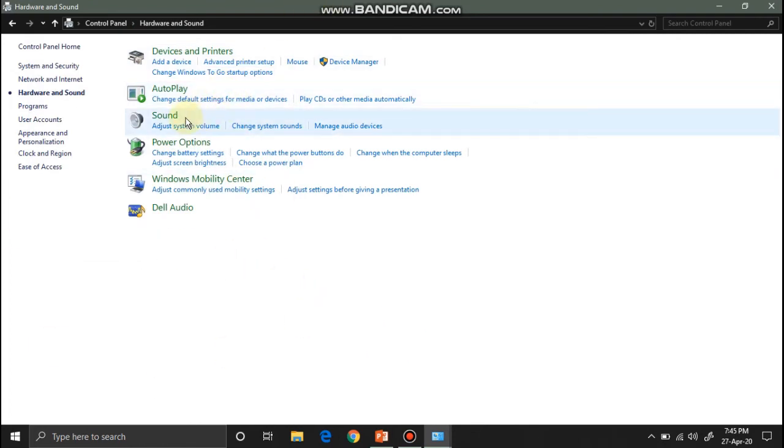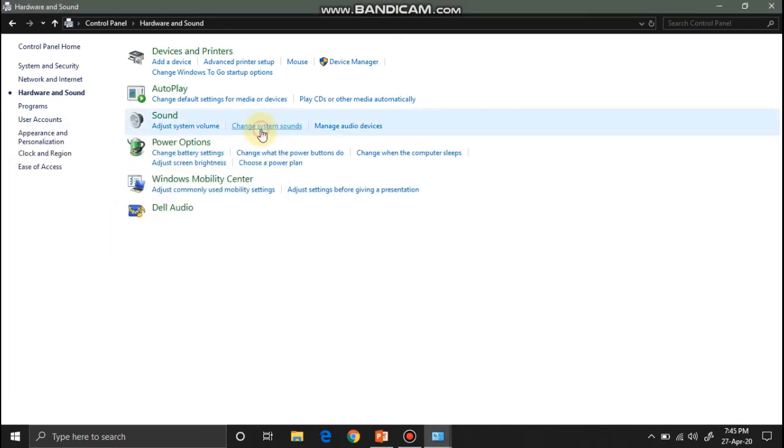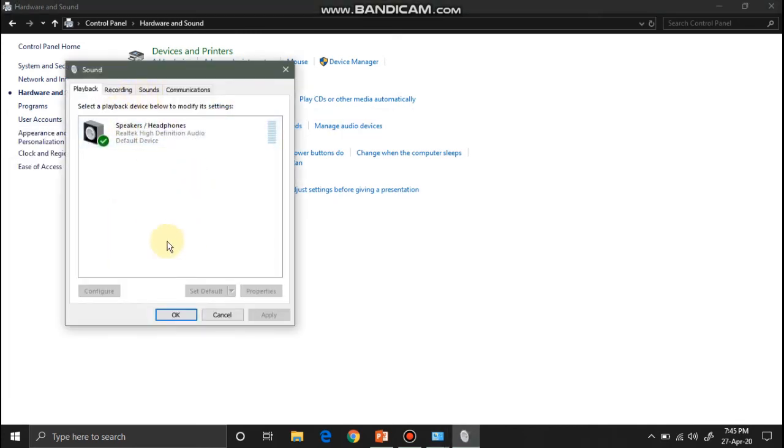Okay, and in sound settings, you can adjust the volume of the device that you are using. Like if I am using this device, I can change the volume by this. If we want to change some other setting, we can click here. Here you will see the device name which you are using, like it is showing my device name.